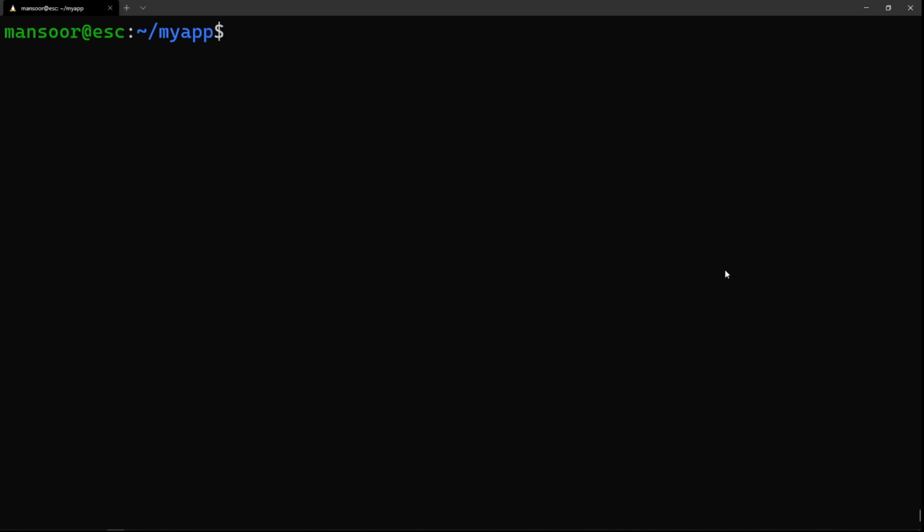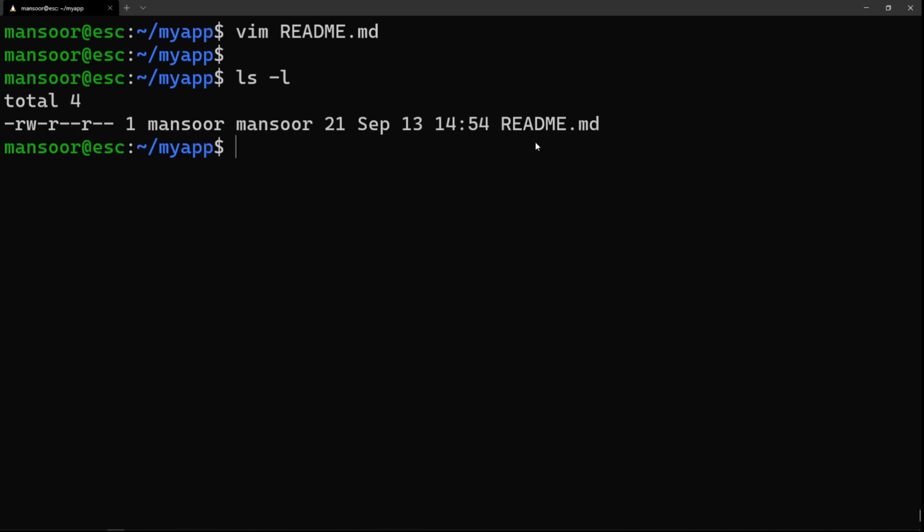Let's create our first file in our repository. Let's create a README document. Let me just give it a title. That should be it. Alright, so I just created a new file. You can see that the readme.md file has been created. So now if I do git status,